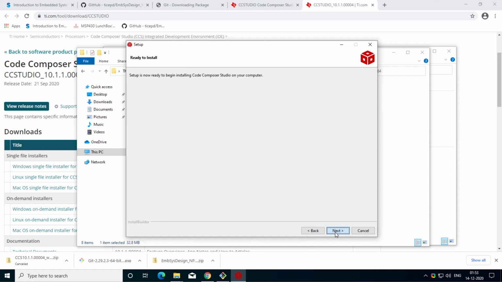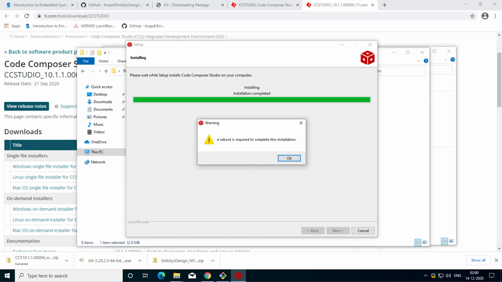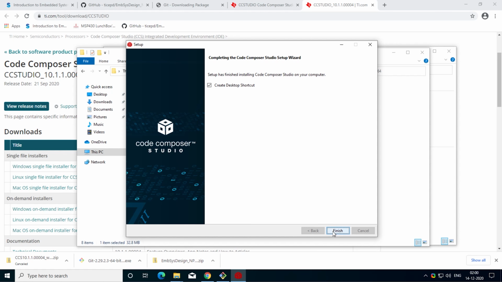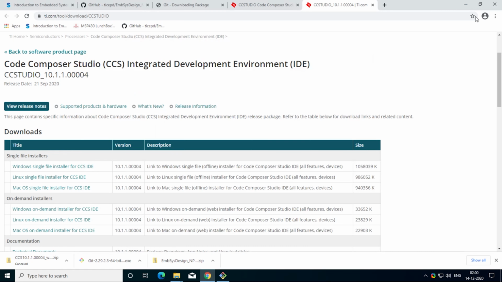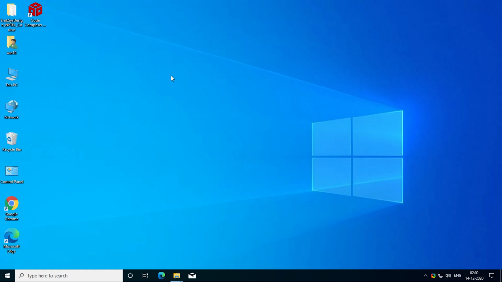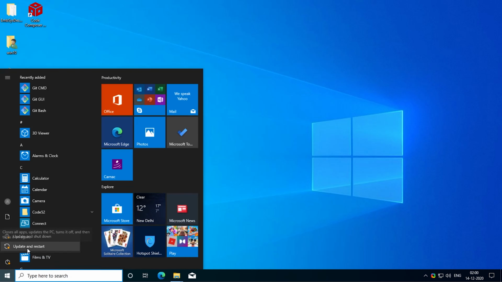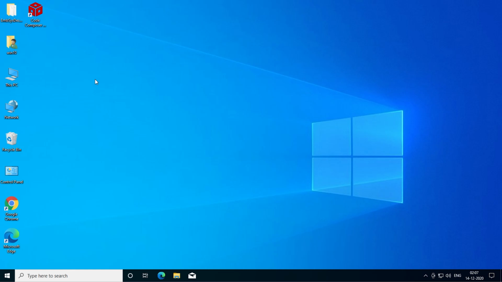So I will fast forward this video until this installation is done. Once installation is done, it will ask you to reboot the system. You can click finish. And you can find the CCS icon over here. Just restart your system. After reboot,